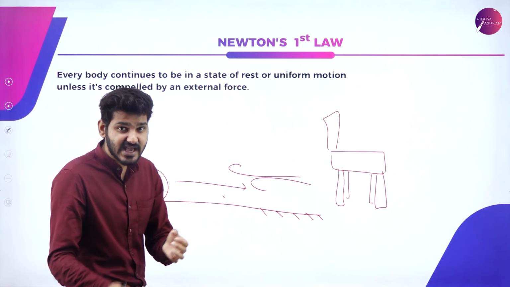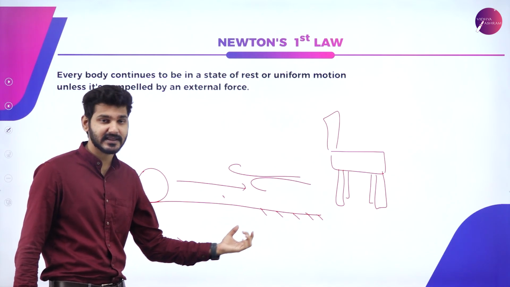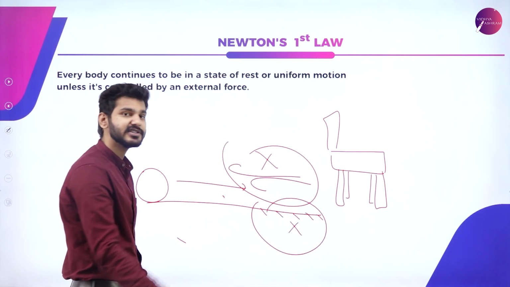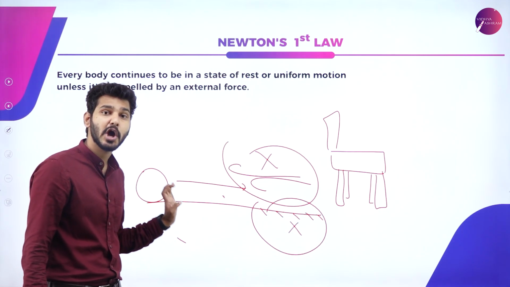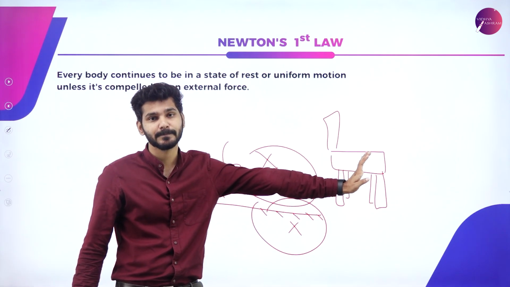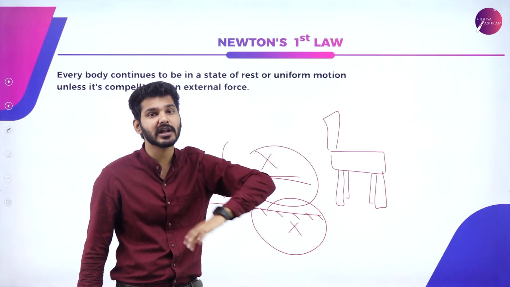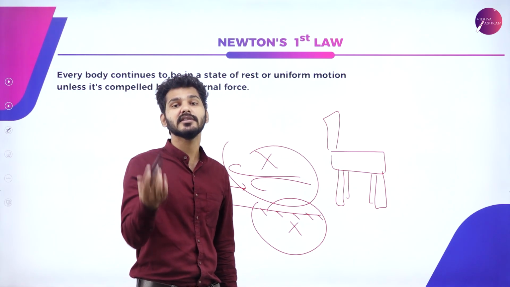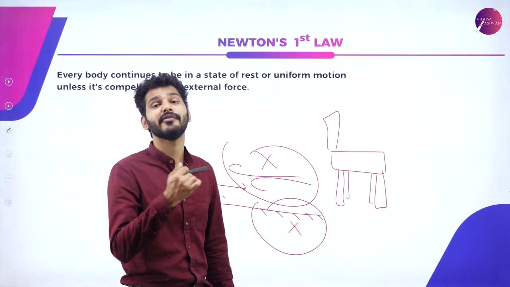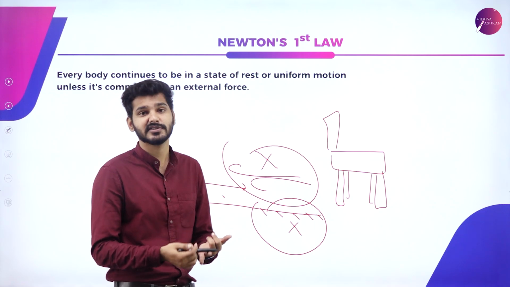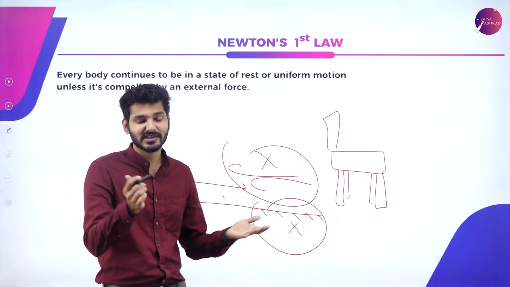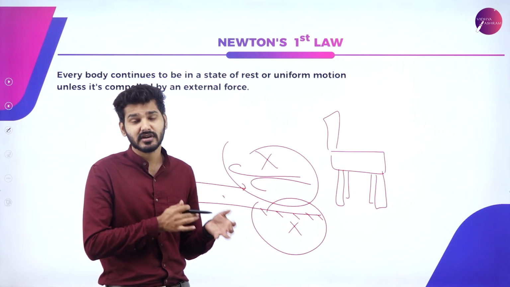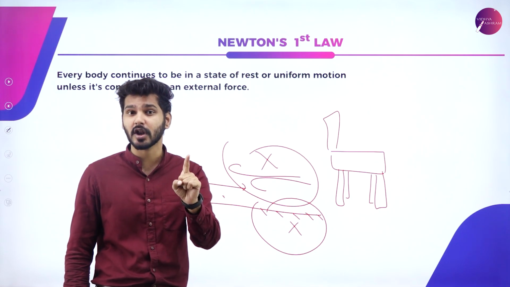So you have to understand that if there was no wind resistance present, if there was no frictional force present, then this object which was in motion would have kept on going in a particular line forever and forever until any other object or body or system exerts a force on it to change its direction, to change its momentum. What is direction and momentum? Everything will be explained. But for any object to have a change in its motion, a force has to be applied. That is Newton's first law of motion.